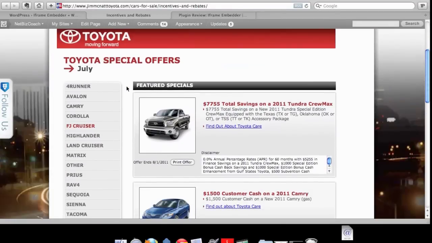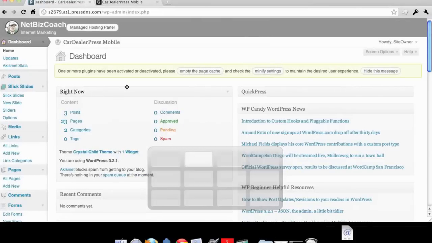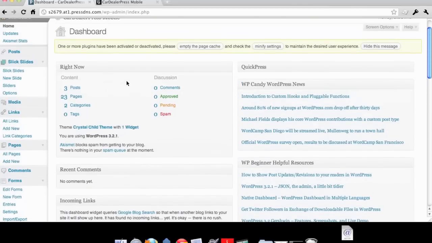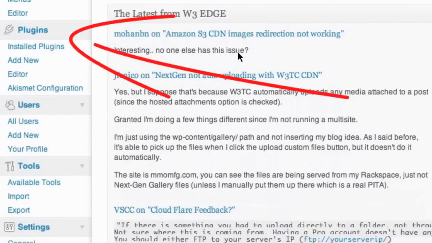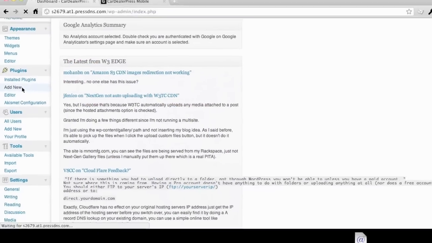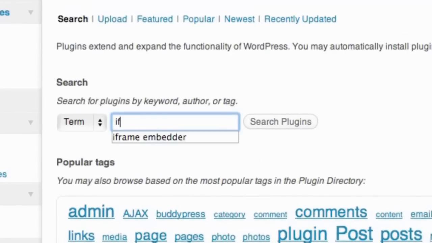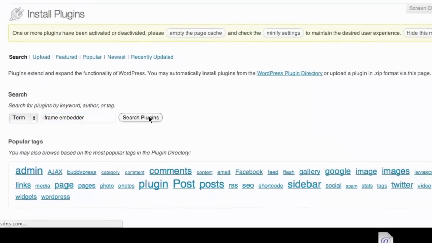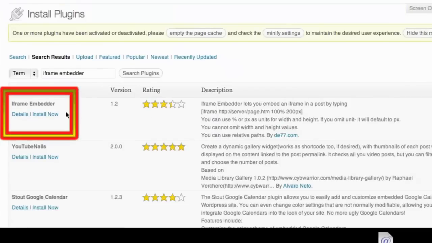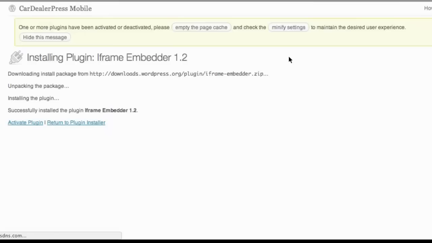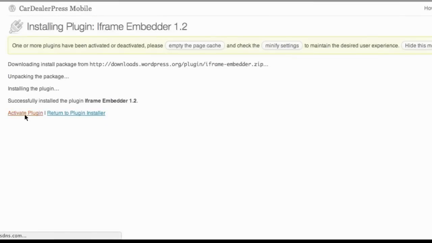So what I'm going to do to begin with is we're going to install the plugin. I'm going to flip over to my demo site here, and we'll go down to plugins, and we're going to add new, and we're going to search just for iFrame Embedder. You can see I've done it recently, so we're going to do a search for that. Then we're going to install it, and we're going to get the "Are you sure?" We're going to activate it,